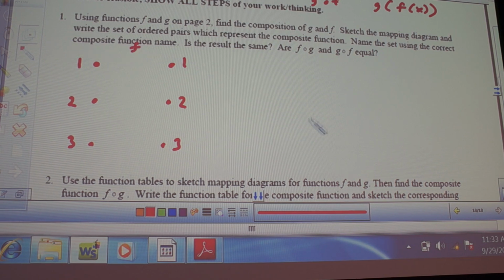This is my f, and then we have g. I'm going to kind of put it here. So g sends it to 1, 2, or 3. And then it wants to write as, what the combination ends up being. So my combination, right, what's the